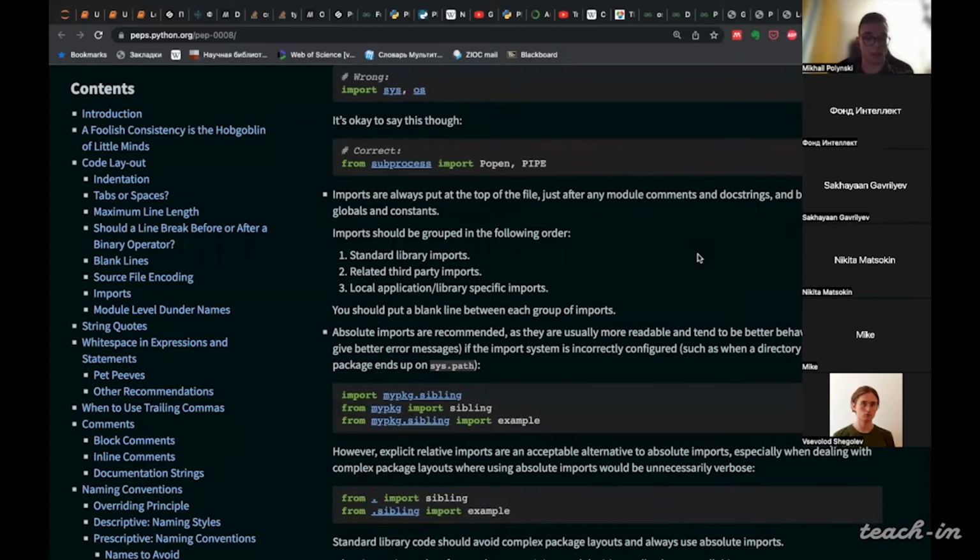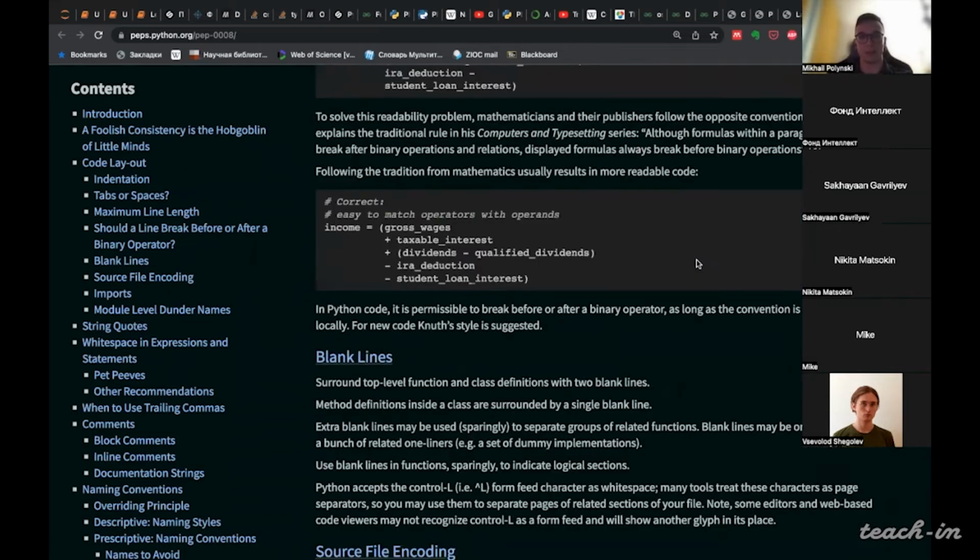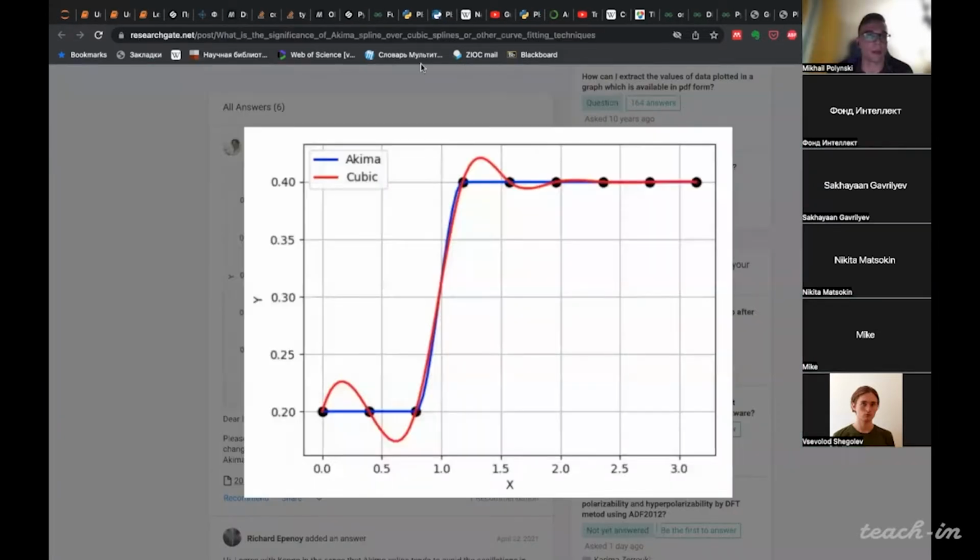And even despite the fact that I encourage you to use PEP 8, well, I must admit that the code I write sometimes doesn't follow this enhancement proposal.